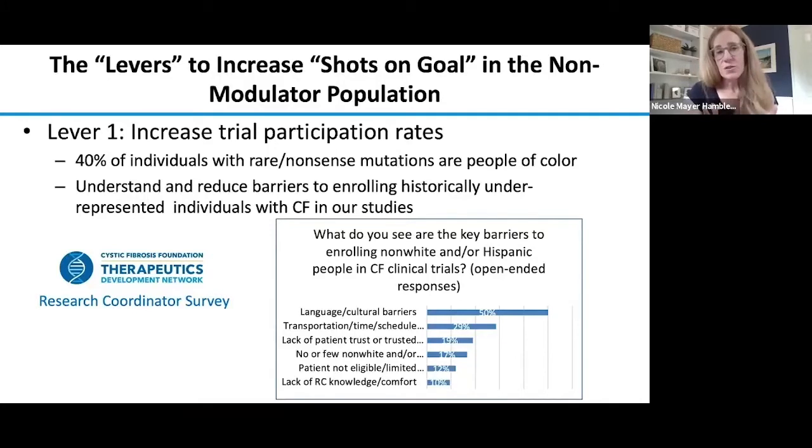In a recent survey of our research coordinators in the TDN, we evaluated what these barriers are and identified that language and cultural barriers are the most common barrier we are encountering. But there are also some practical barriers such as transportation, time, and having weekend visits. So we systematically need to go through these barriers and really knock them down as we move forward with our